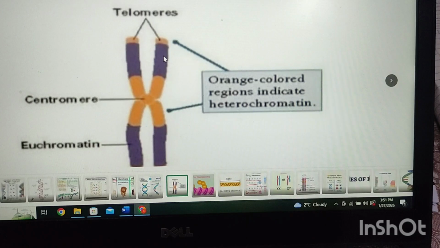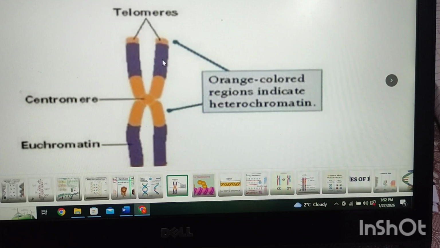Number one is an active region and number two is an inactive region. Inactive regions, as we have discussed, are the telomere region and centromere region. These are not active regions, because very few genes are present here. These are unable to participate much in gene expression, so these are inactive. This site is also known as heterochromatin. Both of these sites, centromere plus telomere, are collectively called heterochromatin.